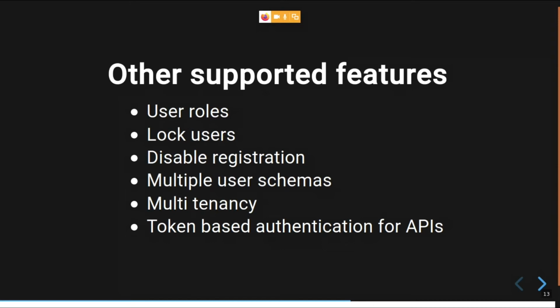Next is multi-tenancy. This will occur mostly if your application is a SaaS application. You have multiple tenants using your SaaS application, and you want to separate their data so that there is no data leak.